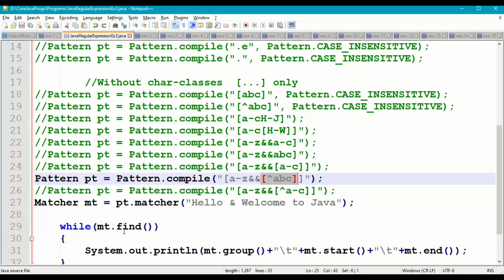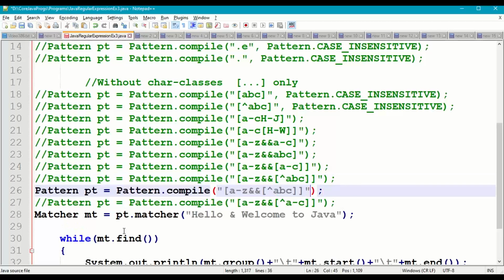Now we should not take it like here. This is not going to work for us. For example, if I take directly not of ABC, it becomes an intersection only, meaning either A, B, C. So here not will not work. It works only at the beginning of a character class.